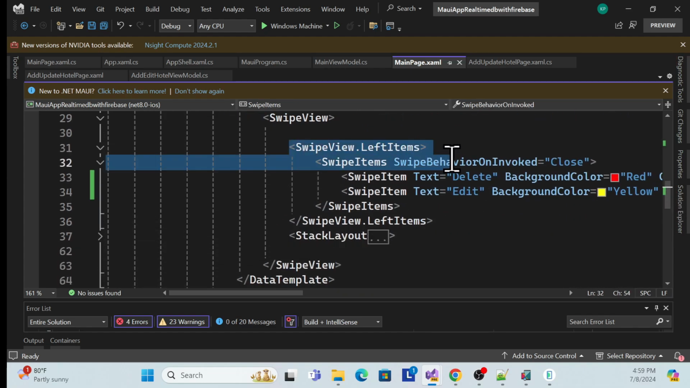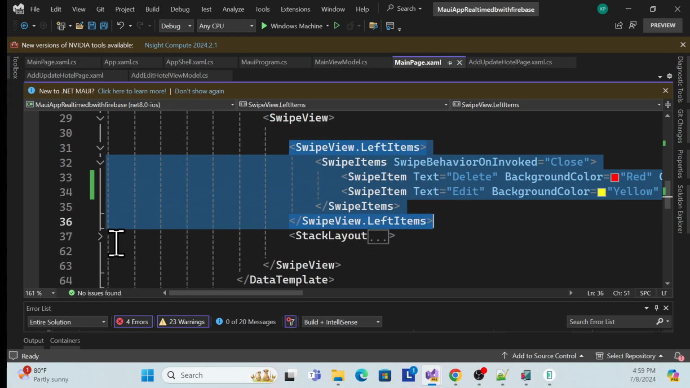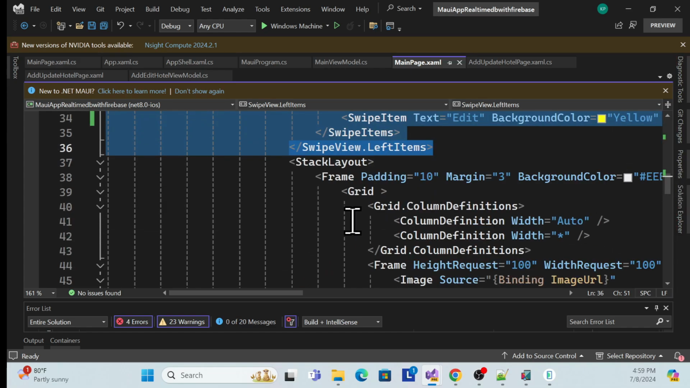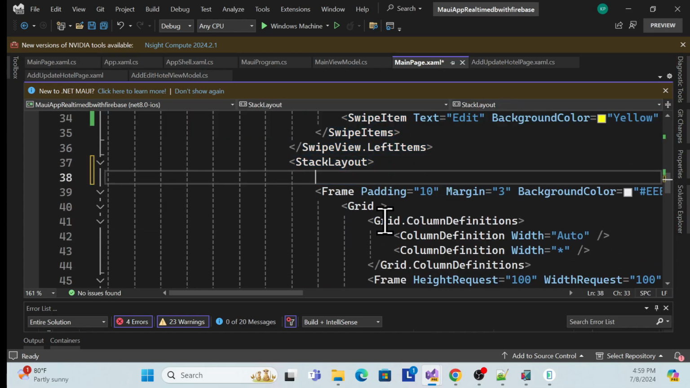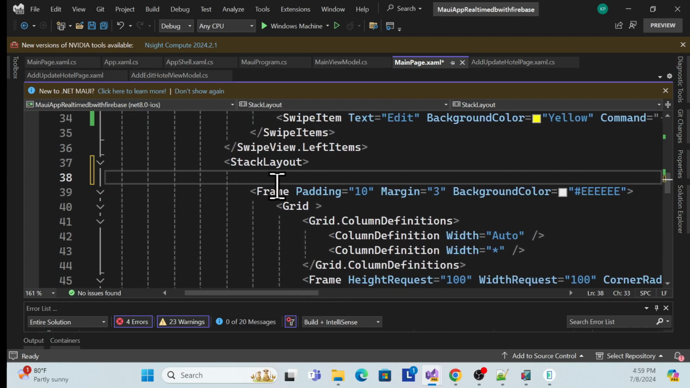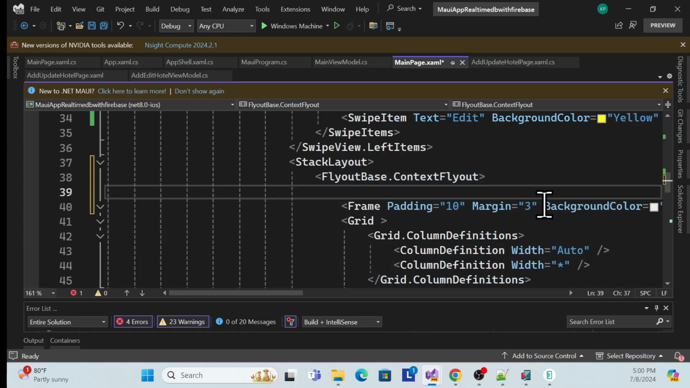So see, this is swap left, so this is a complete swap left, and after that is a stack layout, right? So in this stack layout, we have to start over here. See, this is a frame, and in this frame we have to use that one grid, right? So here we actually have to add that feature, like once you right click on that, I will get that flyout. So what I can do, simply I have to use that layout over here, and we have to just